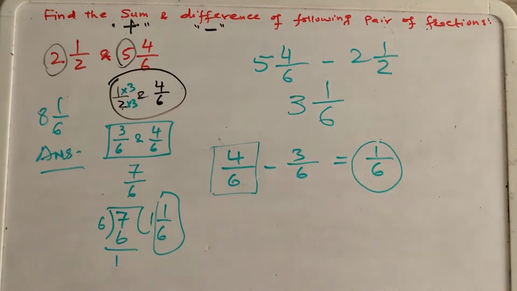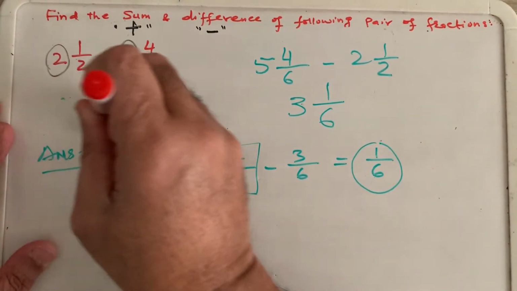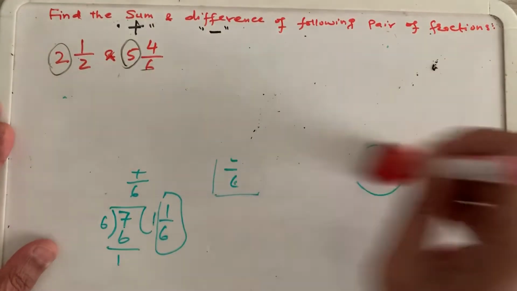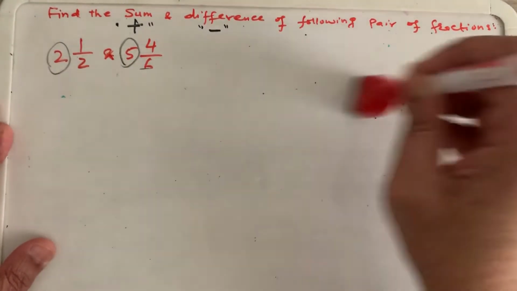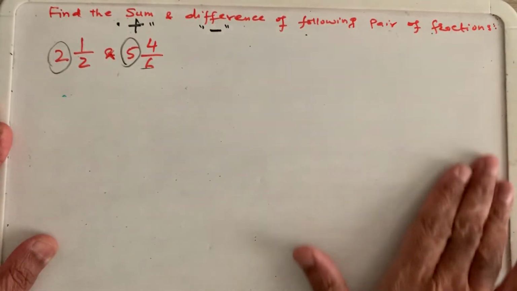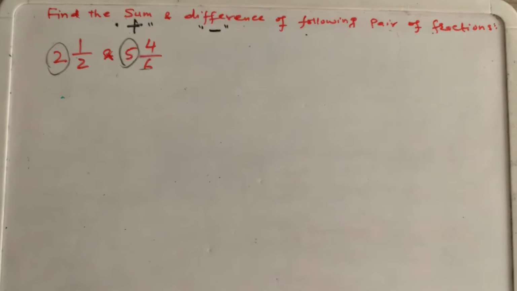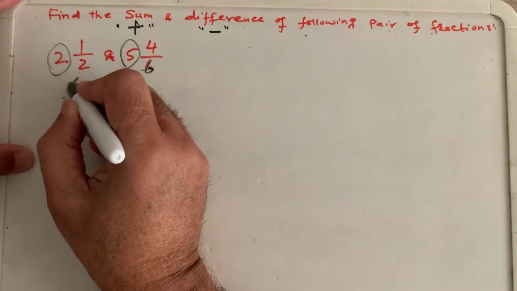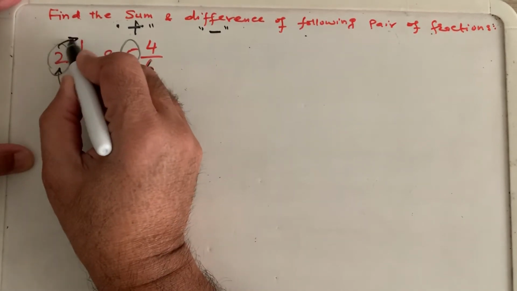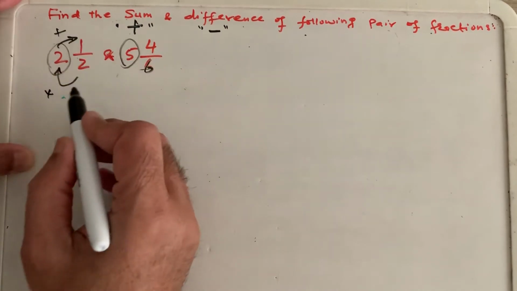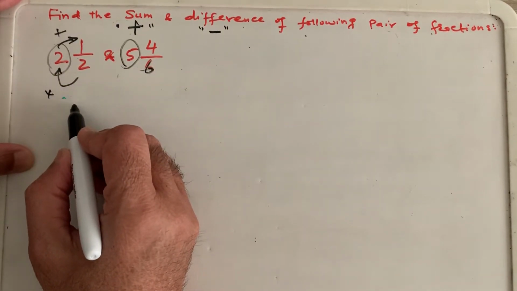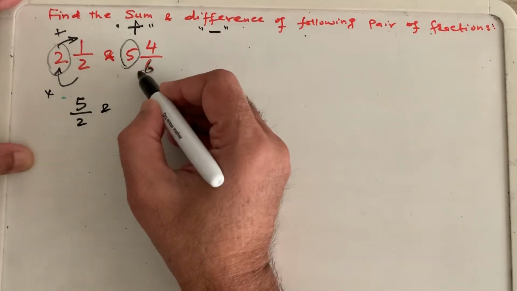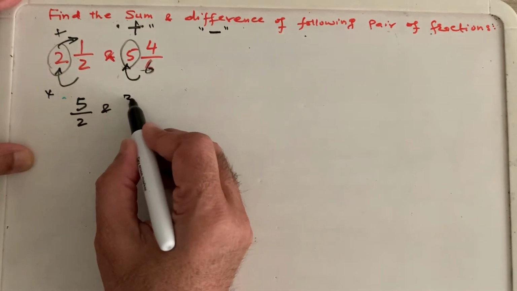Another way of doing it is that if you don't want to add or subtract the whole numbers first, you can convert the fractions into improper fractions right away, and then add or subtract when their denominators are the same. So what is it? 2 times 2 plus 1, right? You convert these mixed fractions into improper fractions. This will be 5 divided by 2, and this will be 6 times 5 is 30, 30 plus 4, 34